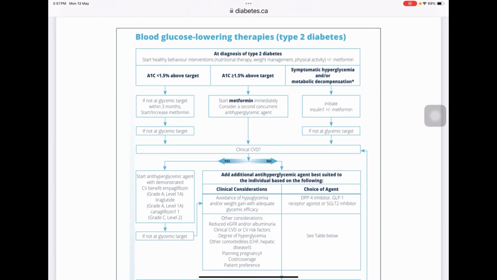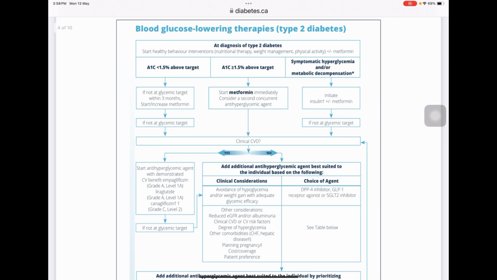If the HbA1c is more than 1.5 above the target, we have to start treatment. If it's less than the target, let's say the target is less than 6.5, but it's 6.3, 6.4, then lifestyle modification with or without metformin, right? If after 3 months you see the HbA1c is static, you continue on the same drug. But if the HbA1c is increasing, if it is more than 1.5 percent above the target, let's say 7.5, now we have to start metformin and consider a second concurrent antihyperglycemic agent with metformin,